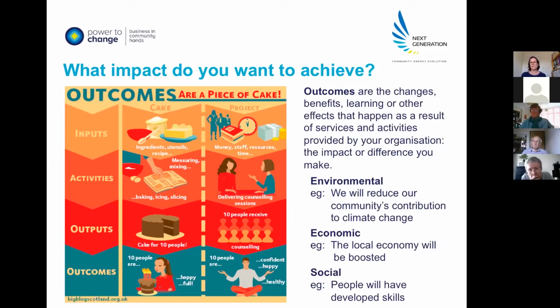The activity will be the generating of the electricity, or if you're interested in education, it might be all the steps that you need to do to get some school children to come and see your site firsthand. The output will be those training sessions, or the activities that you're actually doing, the electricity that you've generated. The outcomes are the difference that that's made, and it might be environmental, economic, or social differences that you're looking at. So I hope you find that little bit of a dive into the terminology useful.